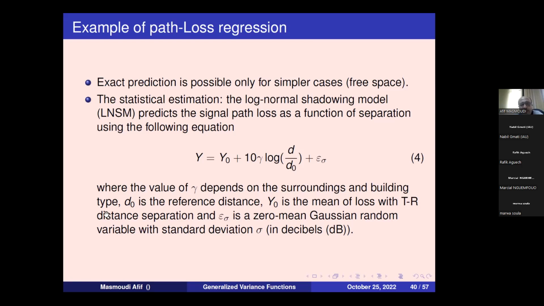Here y denotes the path loss, which is the logarithmic difference between the signal and the initial signal. D0 is the reference distance, and d is the distance between